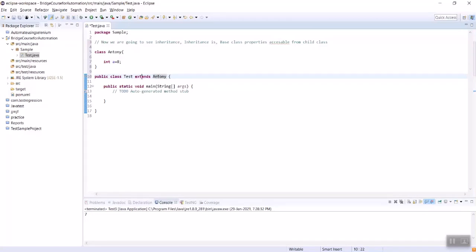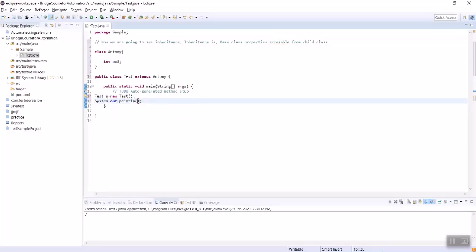So the class Anthony we are extending with the class test, so we are connecting two classes. The second class has the main method. So we are creating the object for the second class, the child class, that is test. We are creating the object, then control space bar.